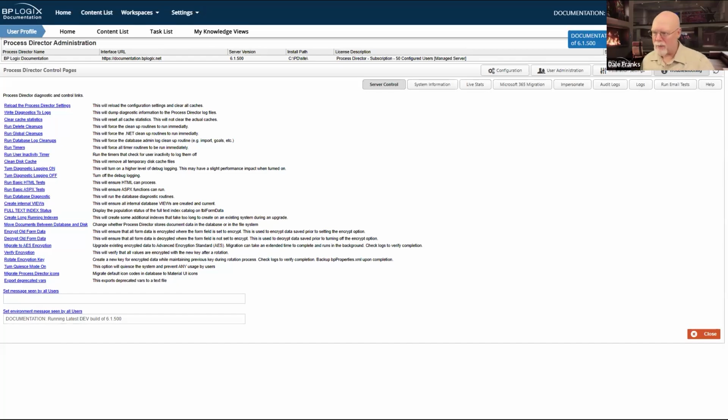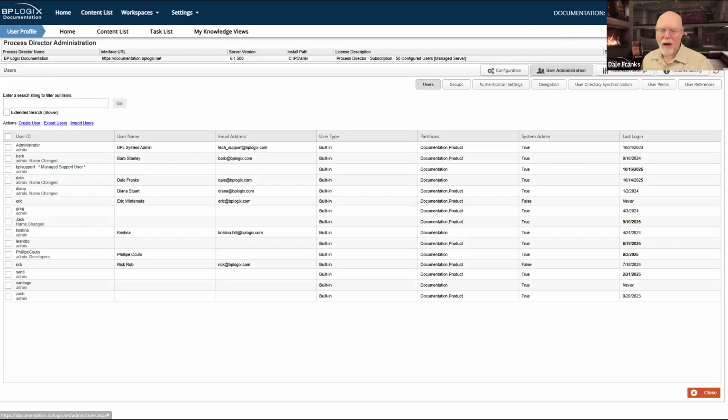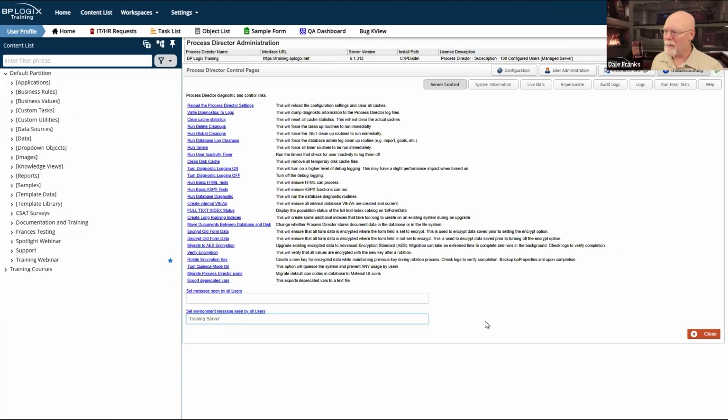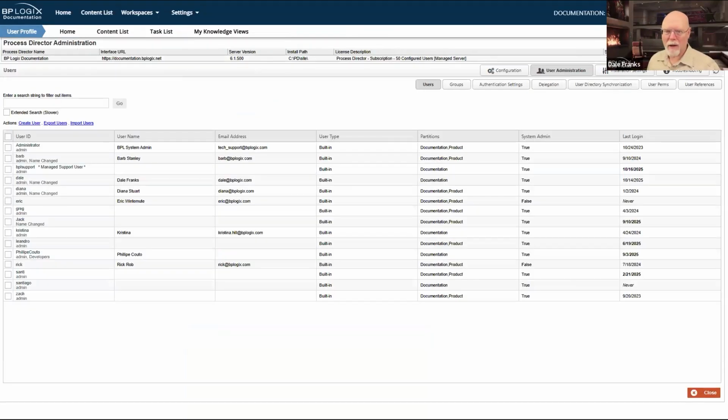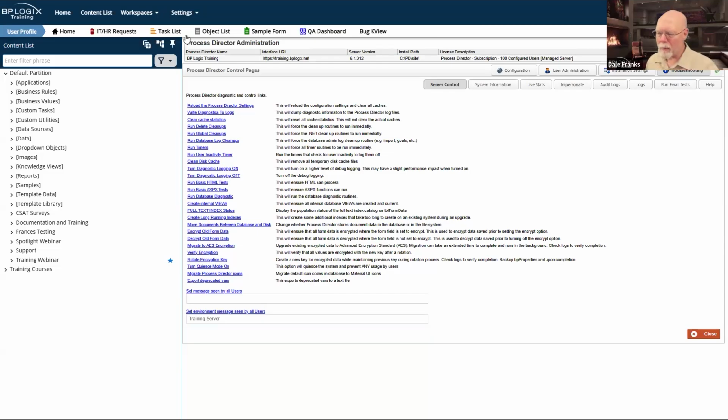And of course, for me, it tells me as soon as I'm logging on, because I have the default UI on both of these, and I might be on the admin profile on both of them. It's nice just to be able to look and see, oh, okay, I'm running on the documentation server now, as opposed to, over here, I'm looking obviously at the training server. So it becomes easy for me just by looking up there to tell what box I'm looking at whenever I'm logged in.